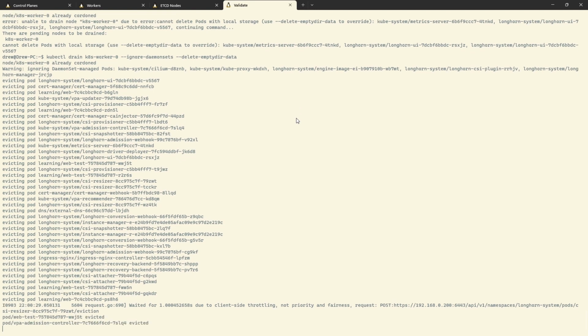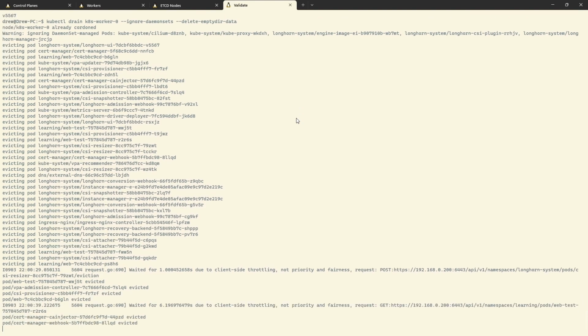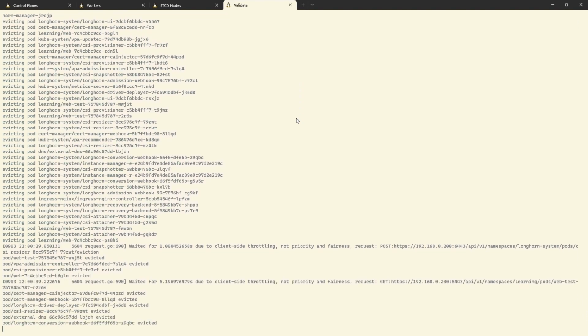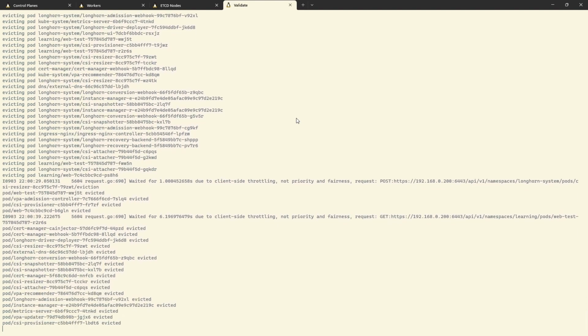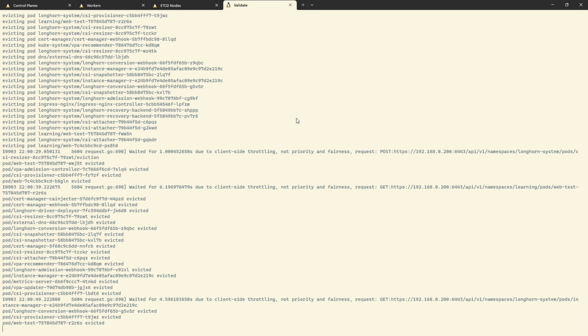So it will send the pods over to another node. And then once it's done, it will be like, right, this node is drained. Nothing else can be scheduled to it. You can start doing what you want to do. An important thing to note with pod evictions: if you don't have pod disruption budgets, liveness probes, readiness probes, things